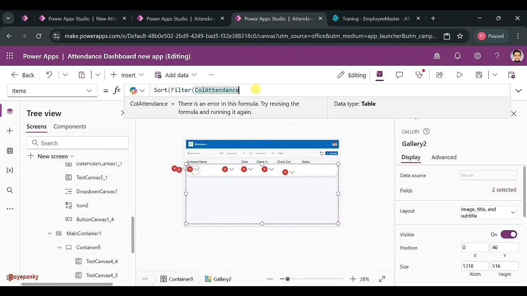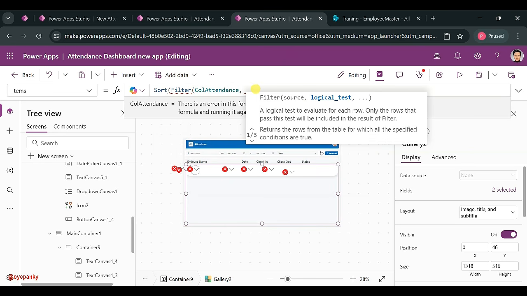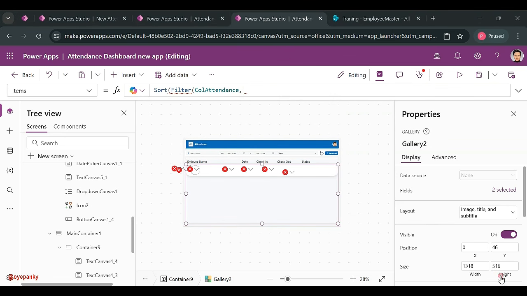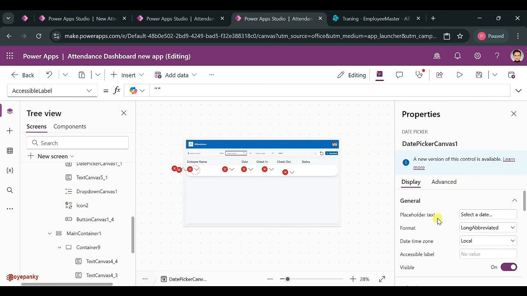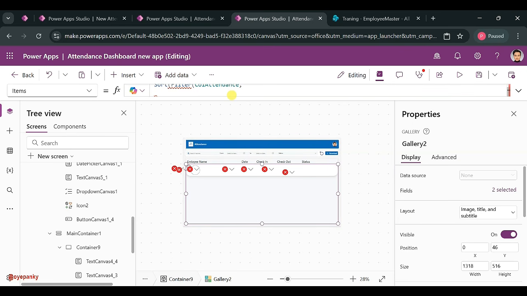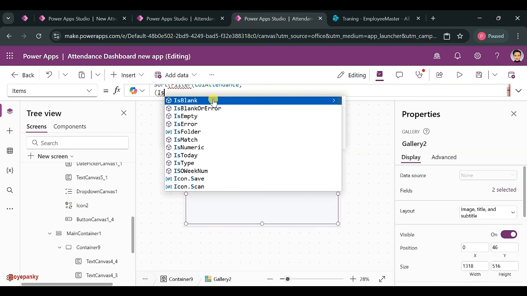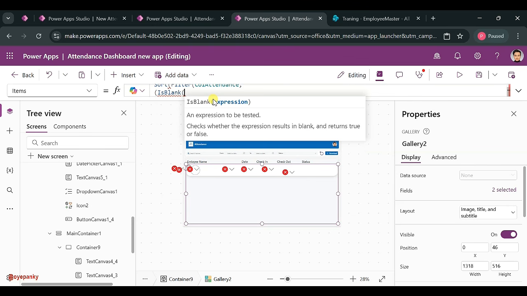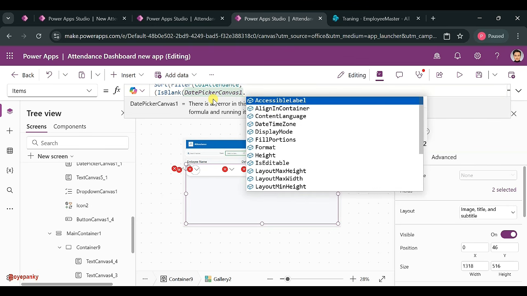What do you want to filter? Okay, so just you need to write the filter name. So first I want to filter with date picker. Okay, so start date. Okay, so this is our start date. So start date picker, this one. So let me put here each blank formula first, the bracket open and each blank. And what is your blank? The date picker. Okay, then selected date,